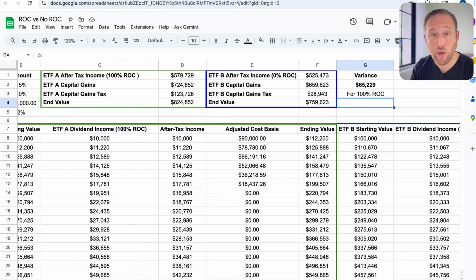And so should you have invested in the return of capital ETF, the 100% return of capital ETF, versus, and we compared it against the ETF-B, which is no return of capital, with the exact same yield, the exact same appreciation happening, for the 100% return of capital structure, you would have seen a 65K gain, a 65K